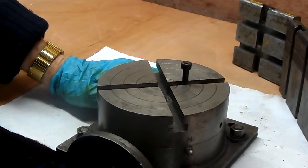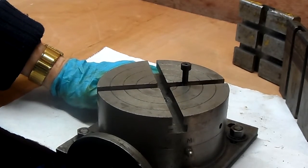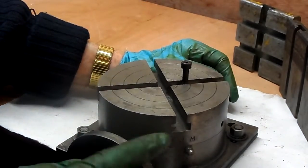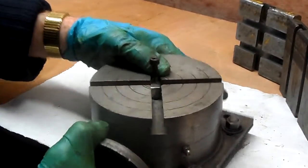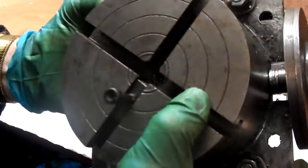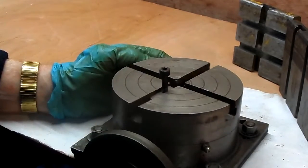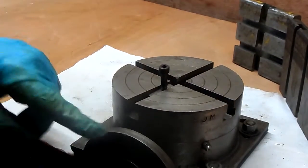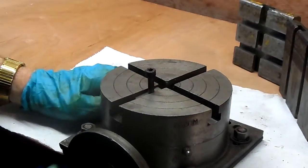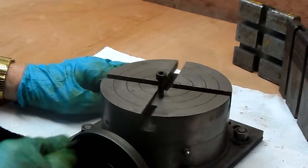Now on part 1 I showed a chuck that I got at a scrapyard and a couple of other things off an old lathe. Now I got this hand wheel off the same old lathe, and dividers, nicely divided. As I say, 4 large turns gives me a complete turn, which I can work out on the dividers, which gives me